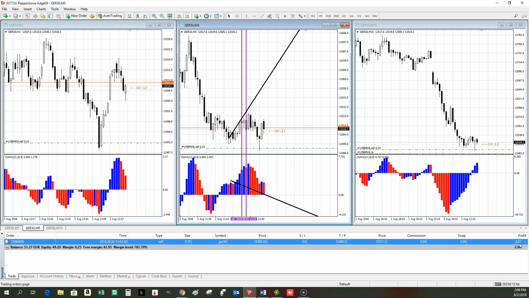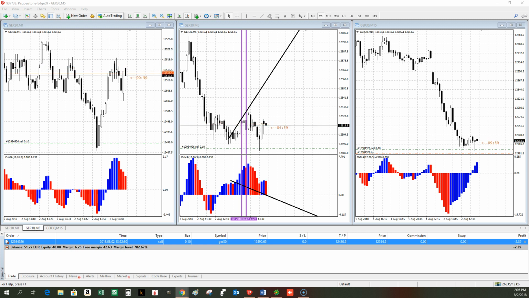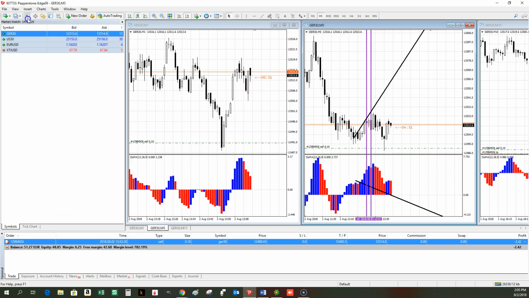There's an economic event on the economic calendar. Let's see what's going on. We have the interest rates. They changed the interest rates in the UK. We have a 0.75% interest rate in the UK against 0.50%. They actually increased the interest rate on GBP.